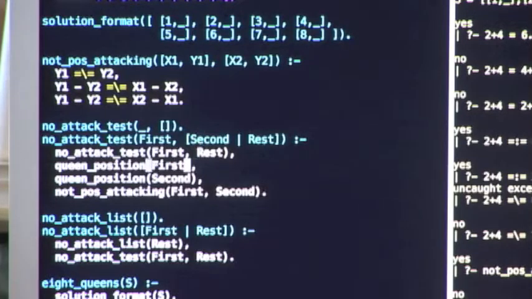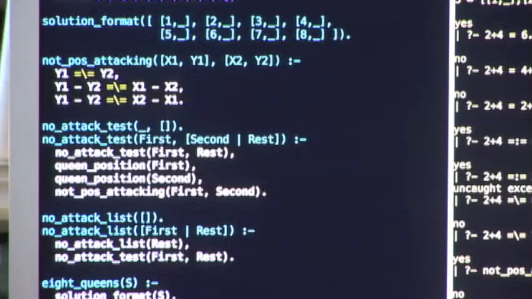Then it'll start trying to find values at that point for first and second that are both queen positions, and that first is not attacking second. Once it finds that, it starts moving back up the list, tries to find another first that isn't attacking second and the rest of the list,